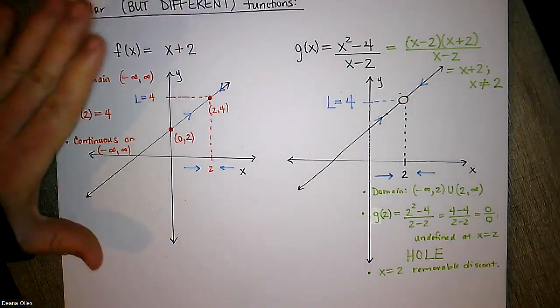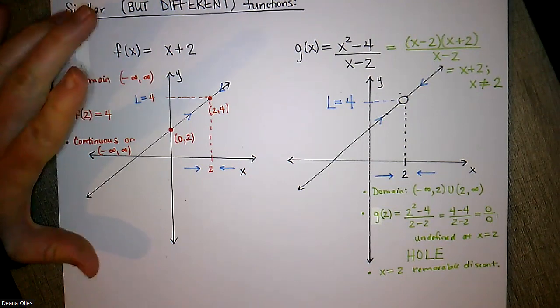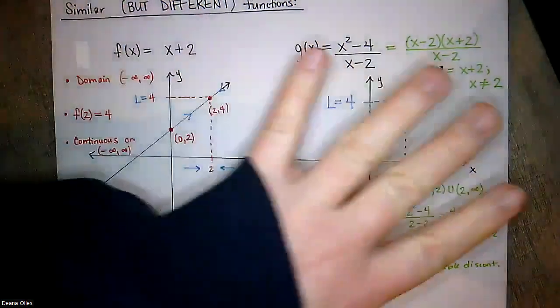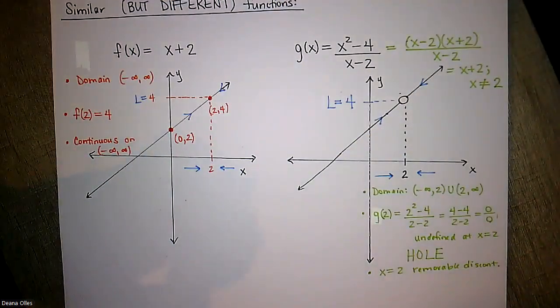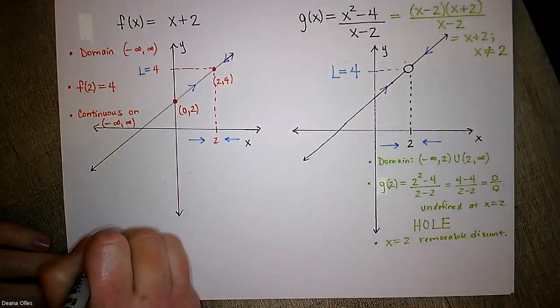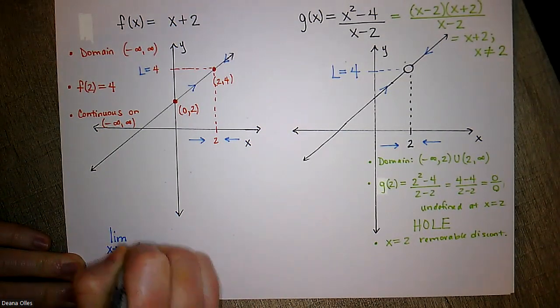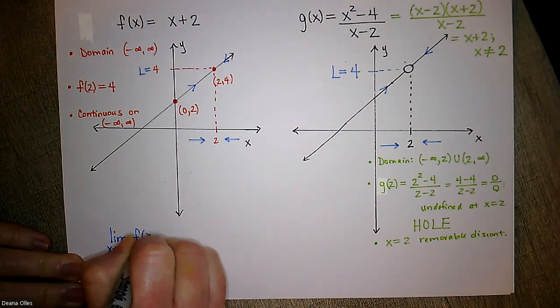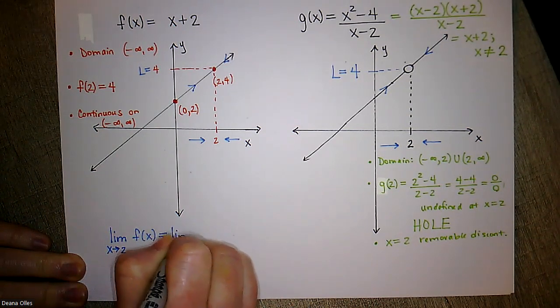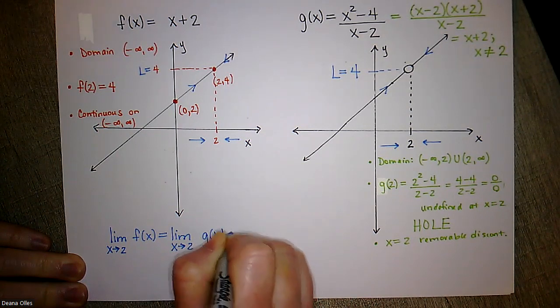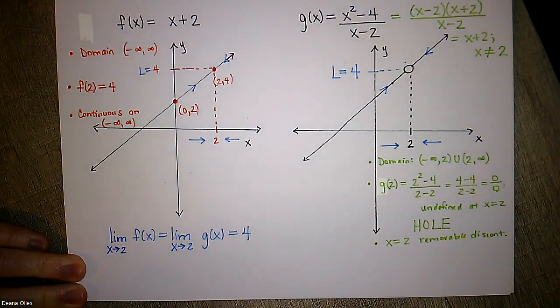So while f exists at 2, but g does not, both f and g's limits exist as x approaches 2. So I can say the limit as x approaches 2 of f of x is the limit as x approaches 2 of g of x, and in both cases that's going to be 4,